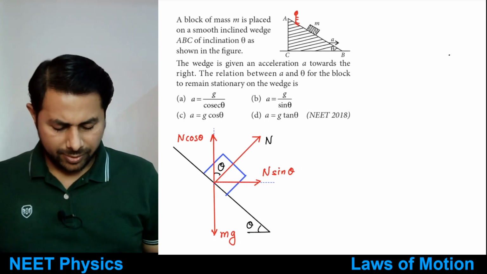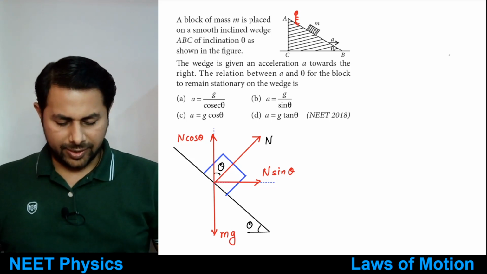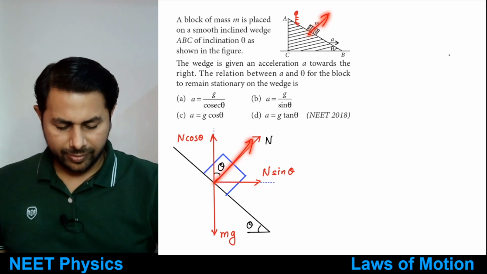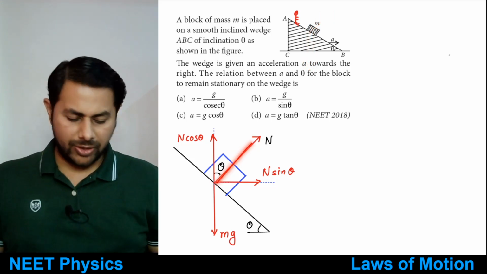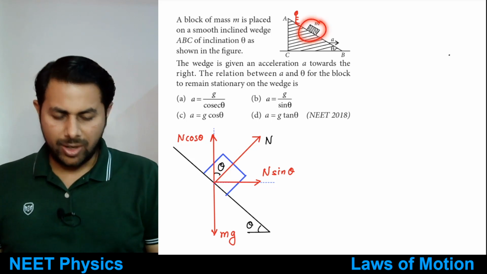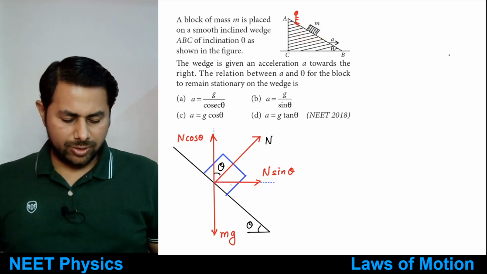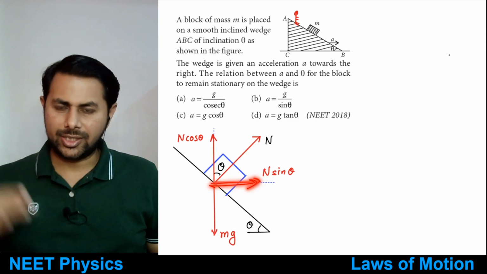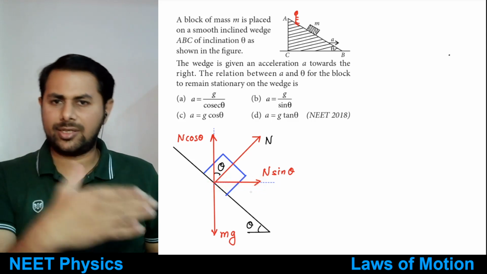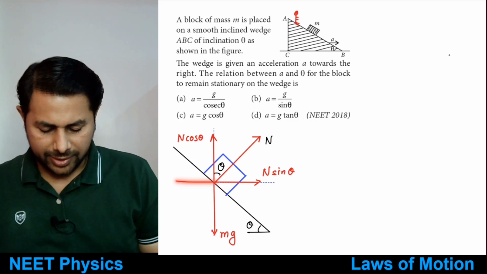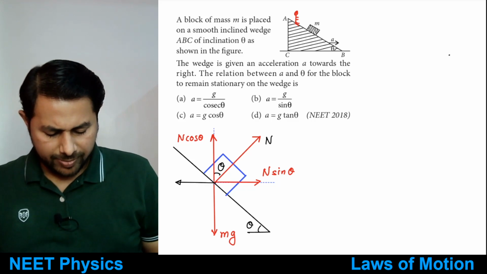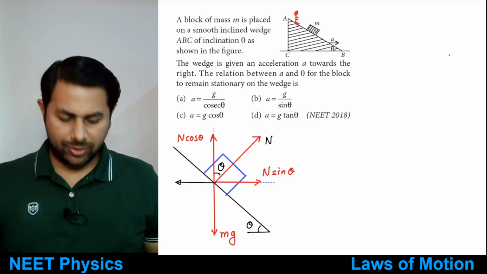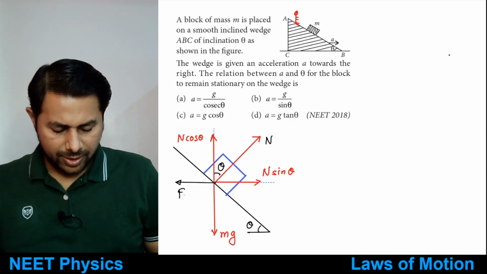Okay. So the only difference is there. See, this normal reaction he will also see, then mg he will also see, and he will also resolve the normal reaction in two components. But for him, the block is steady, block is not moving. So if this component of normal reaction is towards right, so there must be one force towards left, okay. There must be a force towards left which balances that component of normal reaction. So what is that force? It's the pseudo force,